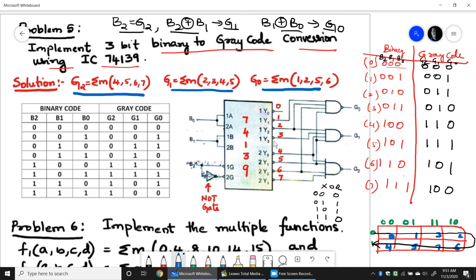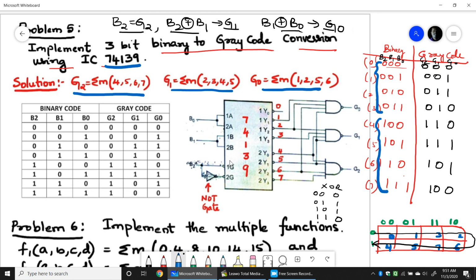Okay. So we know that an active low output pin is what we normally have in IC 74139. So for an active low output, this is a 2:4 line decoder. Now the inputs are B0, B1, B2. B2 is 0 0 0 0 for the first 4 combinations and 1 1 1 1 for the other 4, so I can use the enable pins for B2. We have 2 enable inputs for 74139, so I will take one as B2 directly and the other as NOT of that.